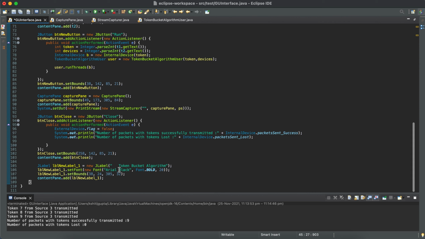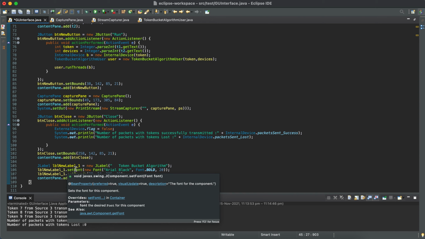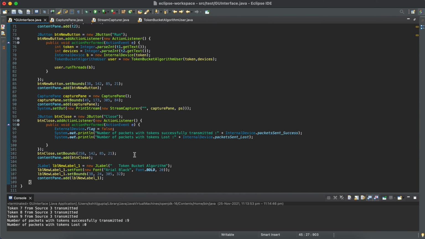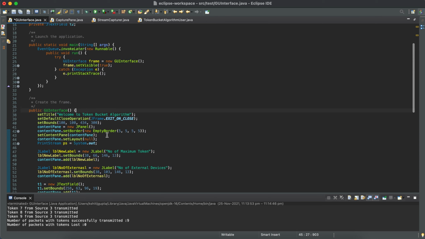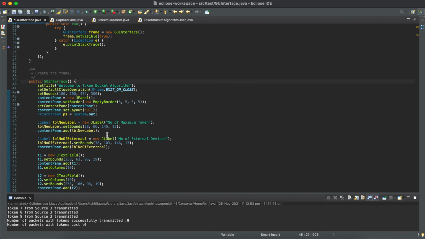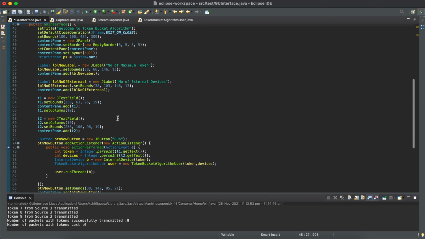Now down below, with the help of JLabel, we have initialized the labels of the GUI pop-up. And with the help of these JTextFields and these particular commands, we are setting bounds of both the text fields, that is the number of maximum tokens field and the number of external devices field, and then we are adding those to the content pane.